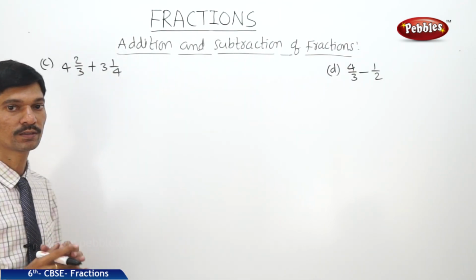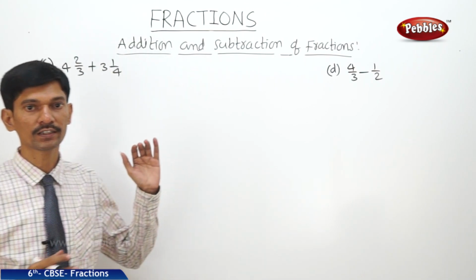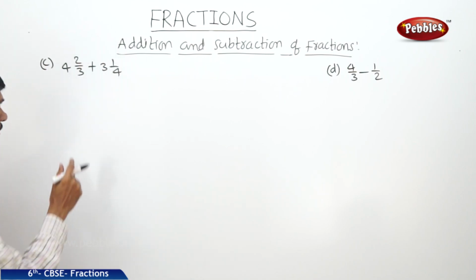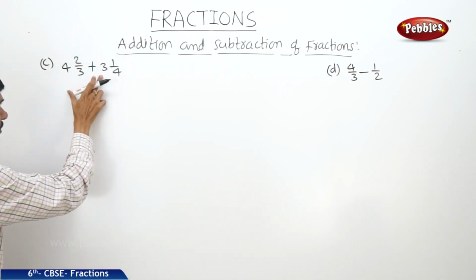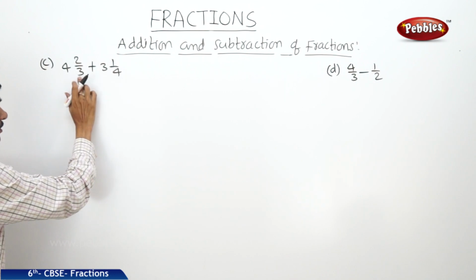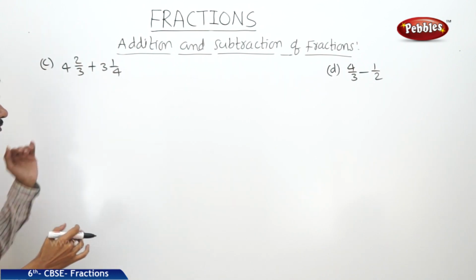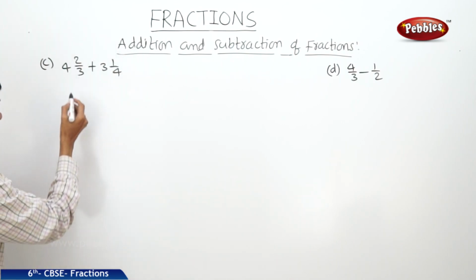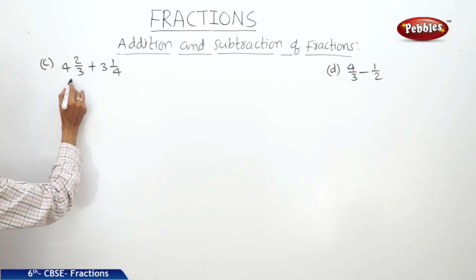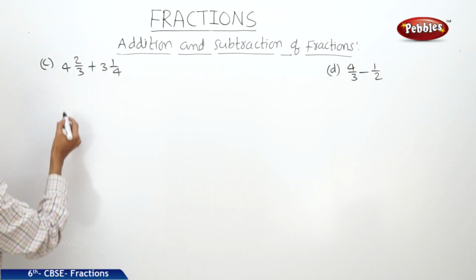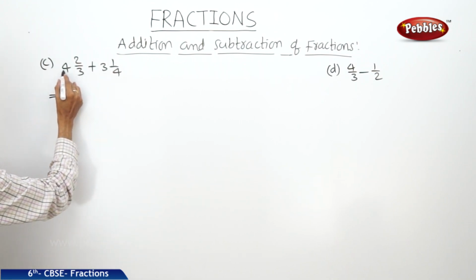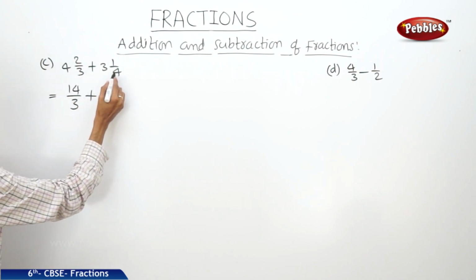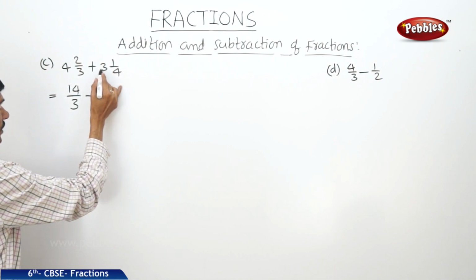So how do we add mixed fractions? While adding or subtracting mixed fractions, first we can take the whole numbers and add, then add the fractional parts, or we can convert them into improper fractions and add them. So first let us convert the given mixed fractions into improper fractions. 3 4s are 12 plus 2 is 14 by 3, plus 4 3s are 12 plus 1,